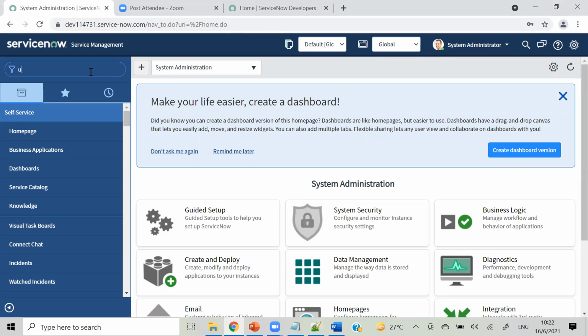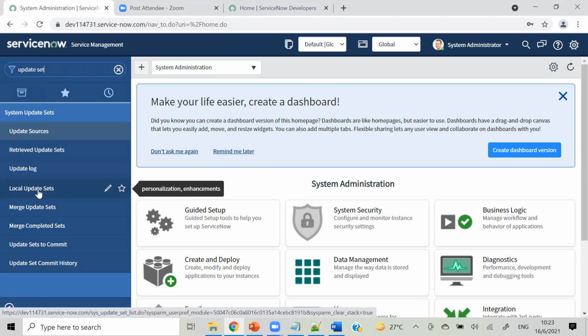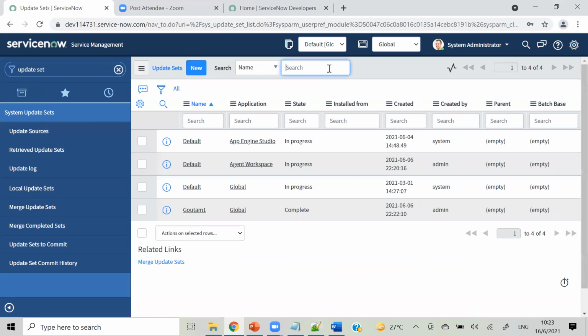To create an update set, in the left navigator type update space set. This will be only available for admin, because admin is the only person who can do all the development and configuration. When you type update set, you will have the option Local Update Sets. Click on that, and we will see the remaining options one by one.